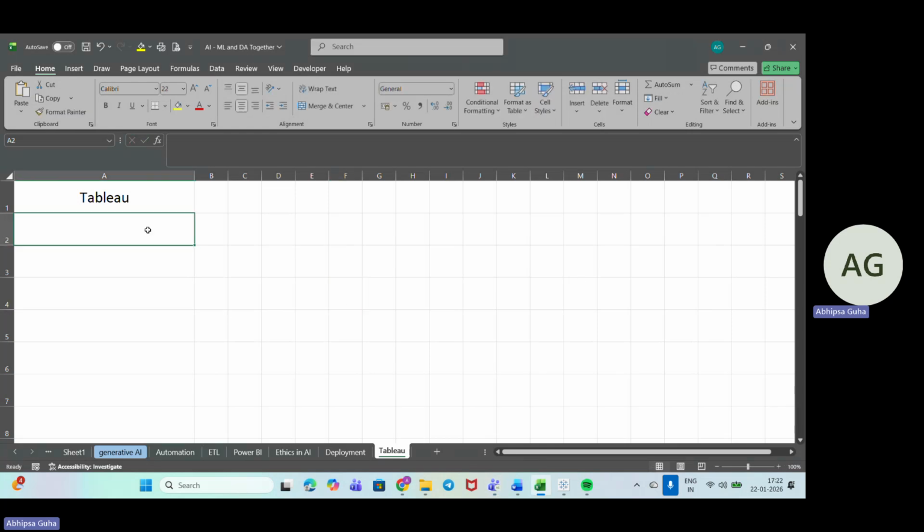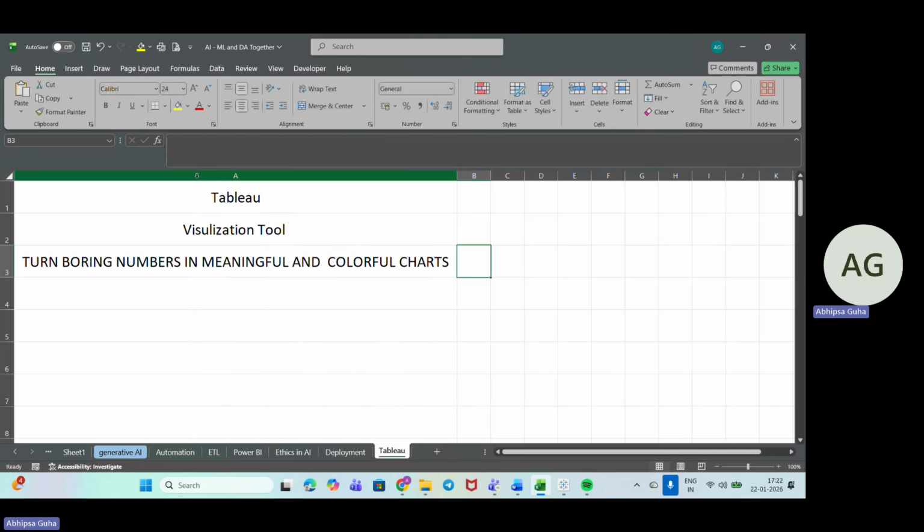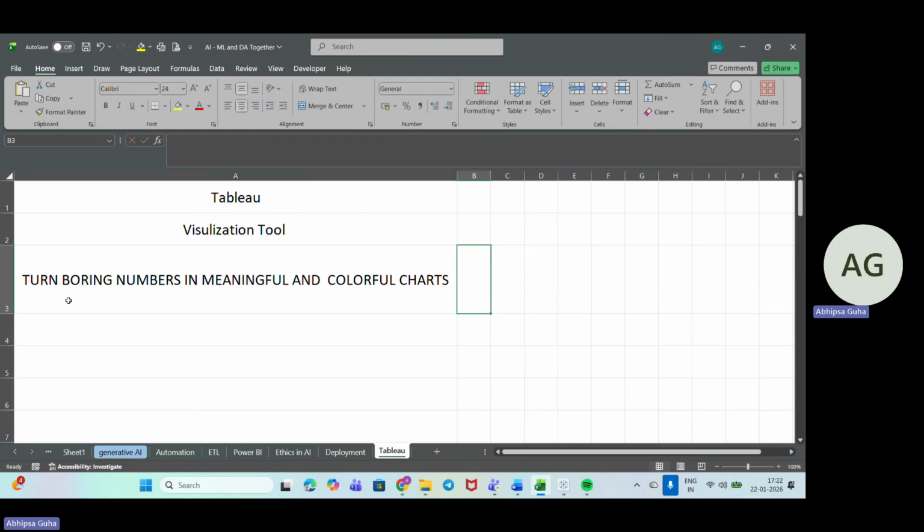So I'll just write it up here: it's a visualization tool, and basically it helps us to turn boring numbers into meaningful and colorful charts. So this is what Tableau is all about.